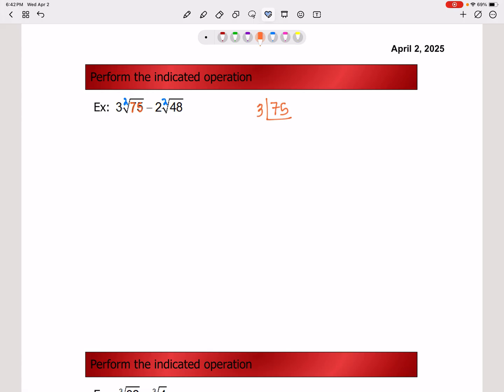So we're going to say 3 goes into 75 25 times, and then 5 goes into 25 5 times. So I'm going to take a pair of 5s. One of those 5s is going to go to the outside with the existing 3. So we'll have 5 times 3 times the square root of 3 minus,